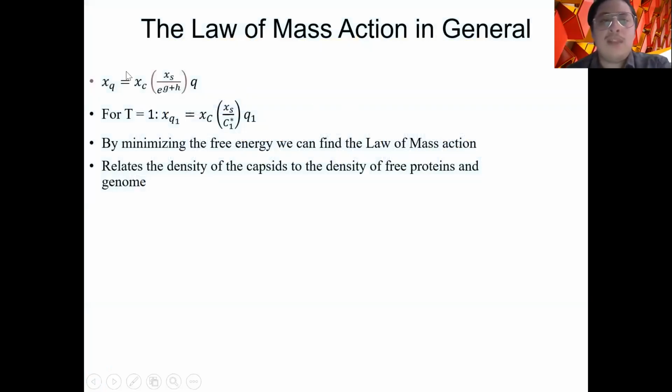Now, the law of mass action in general can be written in such forms. x sub q is equal to x sub c, x sub s over e to the power of g plus h times q, where the exponential here is the critical concentration of proteins in the capsid. Essentially, by minimizing the free energy, we can find the law of mass action. What the law of mass action really does is relate the density of the capsid to the density of free proteins and the genome, if the genome is present inside the solution,